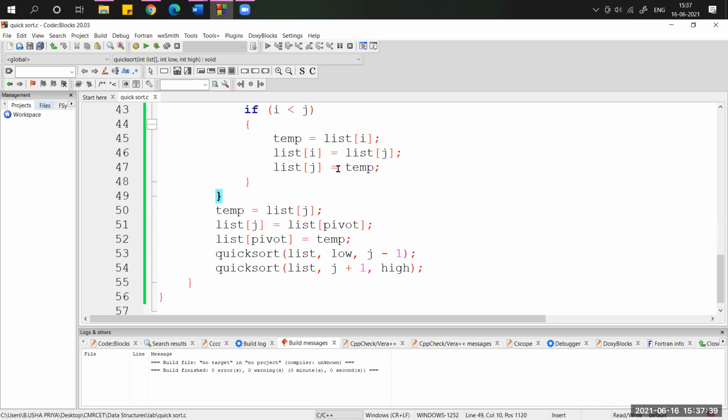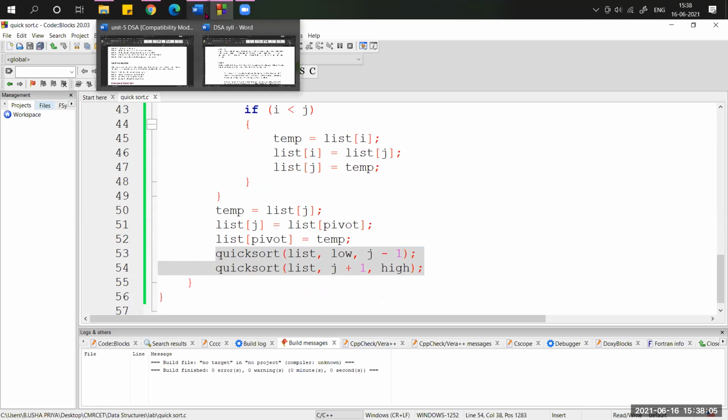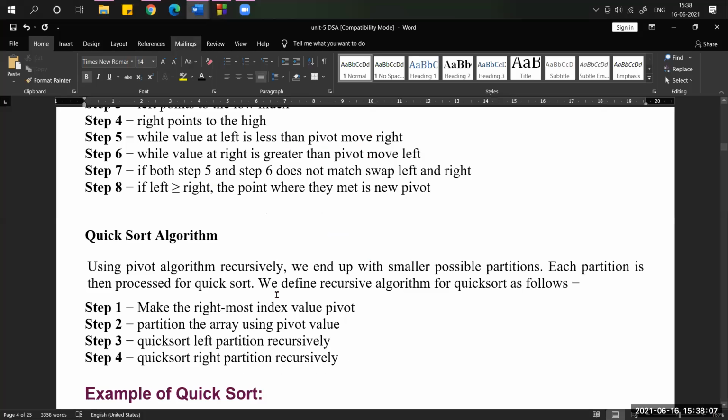After swapping, what should we do? Again, two partitions we got, no? For those two partitions, again select the pivot element. The same procedure will start again. So we have to call the same function again and again until all the elements are sorted. So this is the quicksort algorithm for arranging the